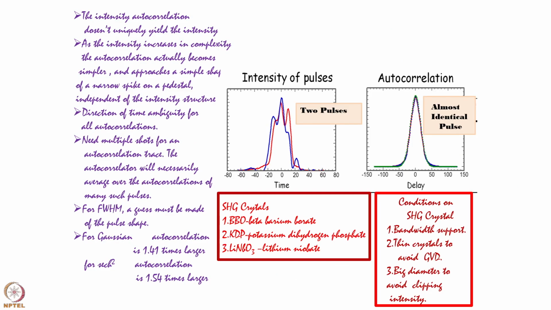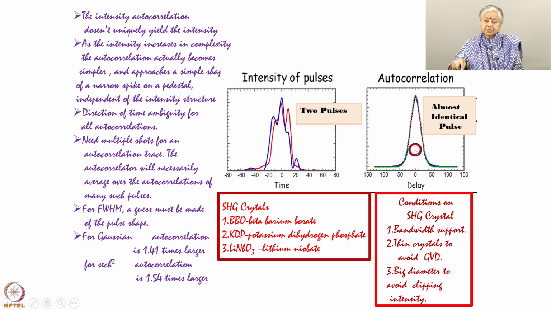In this diagram, suppose this is the intensity of any pulse in time. This is the time axis and this gives you the intensity. I have two different pulses, one shown in this bluish purplish color and the other one is this red pulse. They are slightly different from each other. But when I take the autocorrelation of both the pulses, it will look identical, it will look like this,